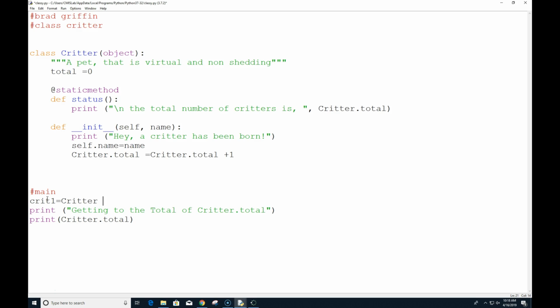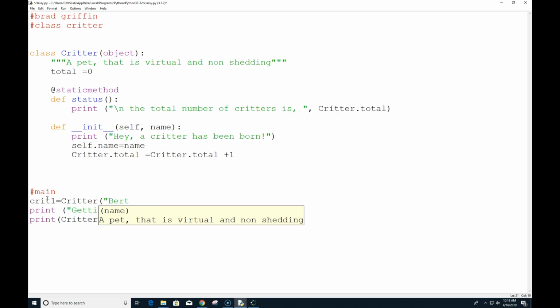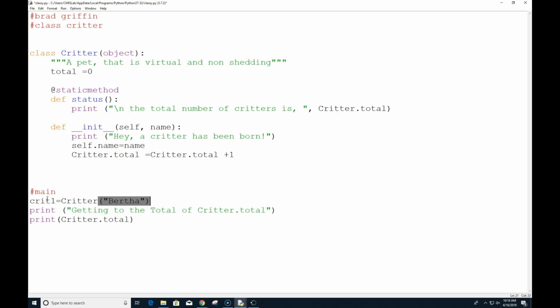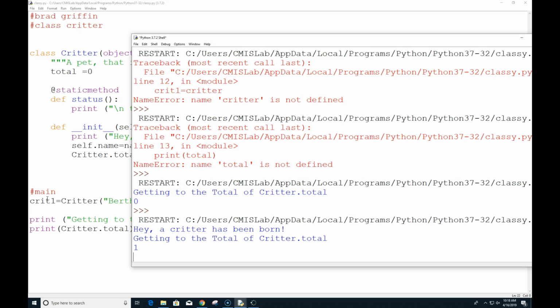critter, we'll give this one a name of Bertha. I'm trying to come up with names. Hang with me there. All right, now it says, hey, there's 1.